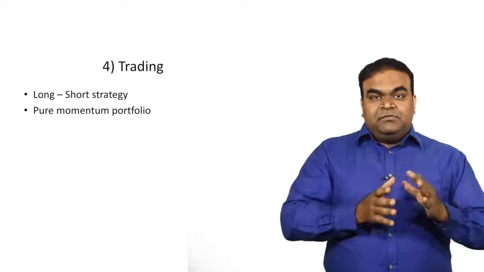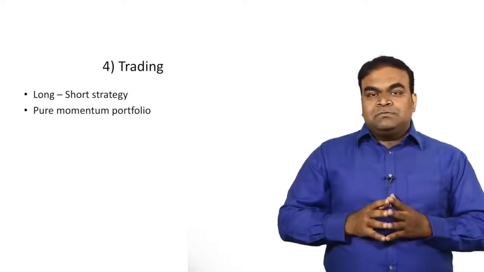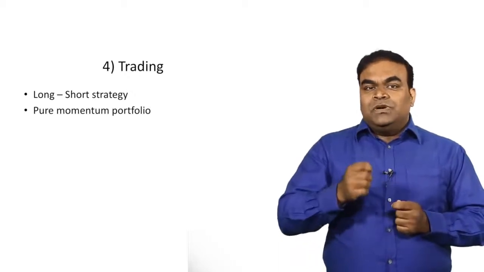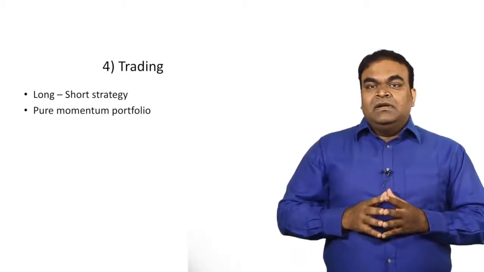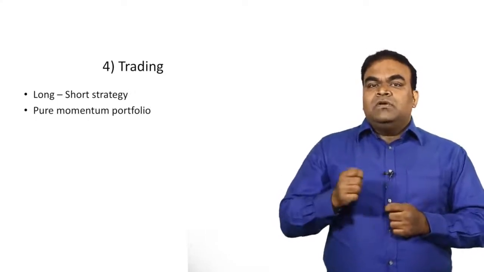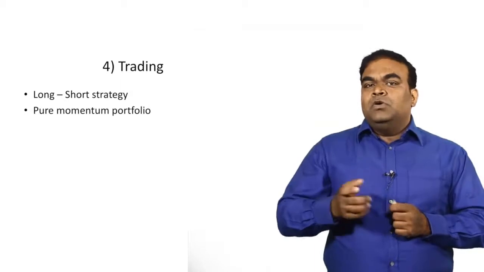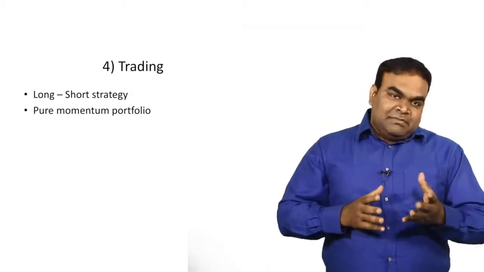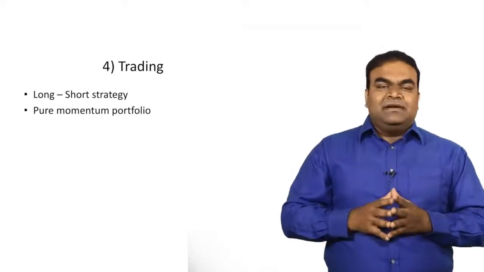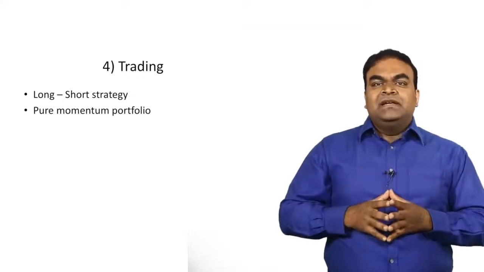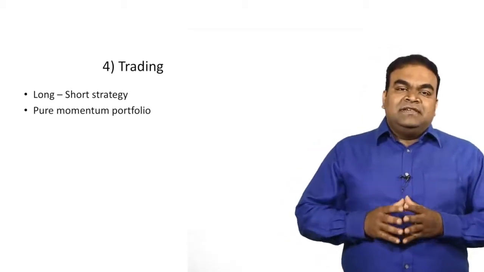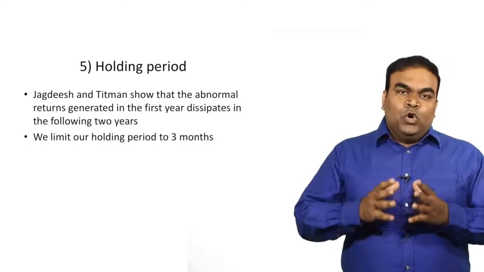The results show that returns from winner's portfolio are more compared to the returns from the loser's portfolio. So you can take advantage of this. This means you can long the stocks with strong momentum without shorting market index or the low momentum stocks. But as we have seen previously, this strategy is slightly risky because it is exposed to market risks. So these are the two ways in which you can trade these portfolios. This brings us to the last stage of the strategy, the fifth step, holding period.